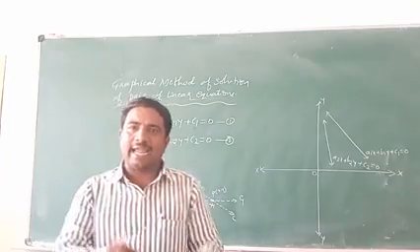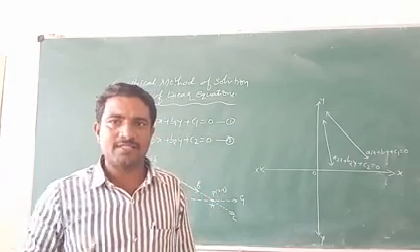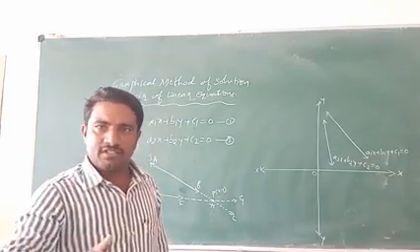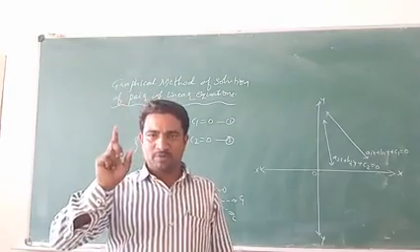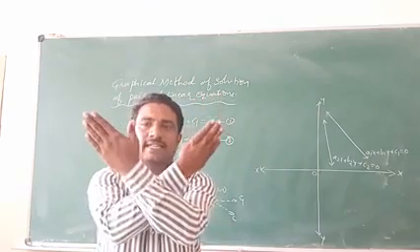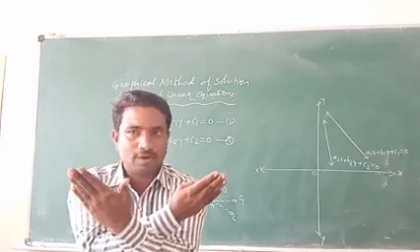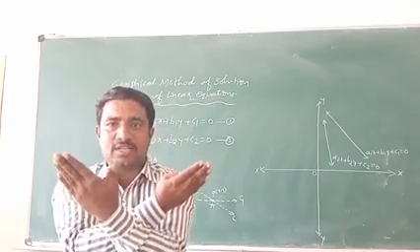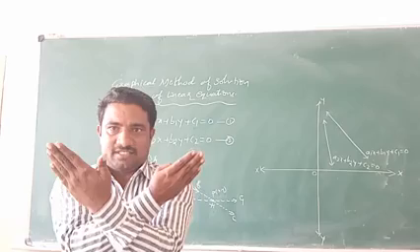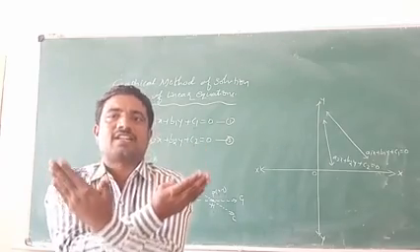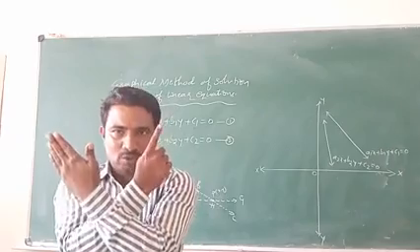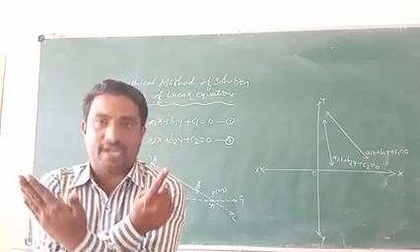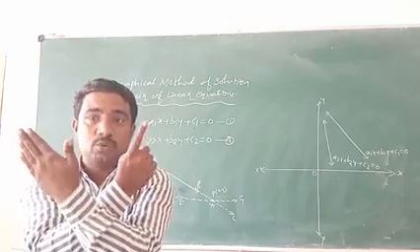It means that it has a unique solution. Exactly, the two lines are intersecting at only one point. Therefore, that has a unique solution. If two lines are intersecting at only one point, you have to give the conclusion: these two straight lines or these two equations are consistent. Consistent in the sense that the two lines or two equations are having only one point, a unique point. It has a unique solution.